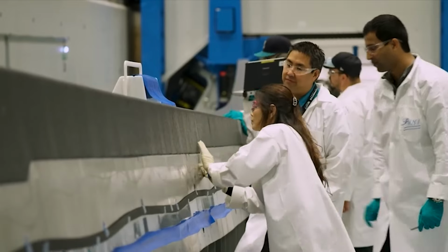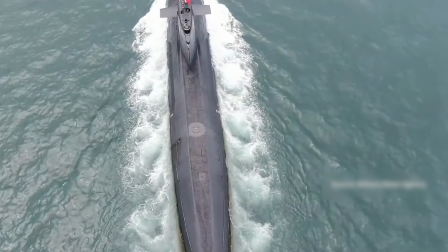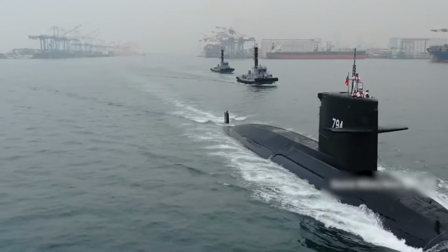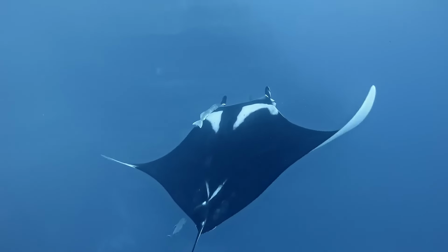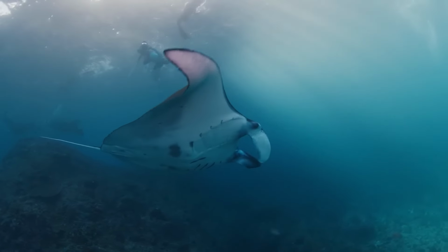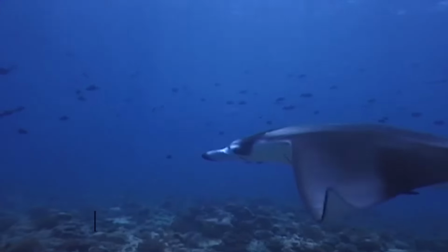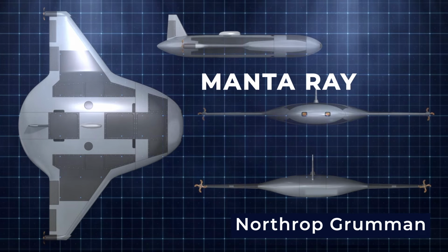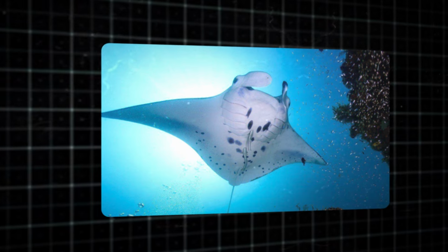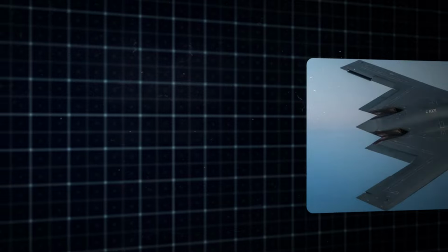The goal of the program is to introduce a revolutionary underwater technology that moves away from the traditional torpedo-shaped military submarine design and embraces the streamlined forms seen in marine life. Although DARPA was open to designs that didn't mimic natural manta rays, Northrop Grumman seemed inspired by this concept when developing their own submersible. They opted for a sleek design resembling a manta ray with hints of the iconic B-2